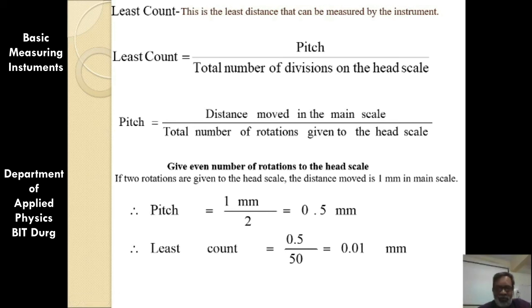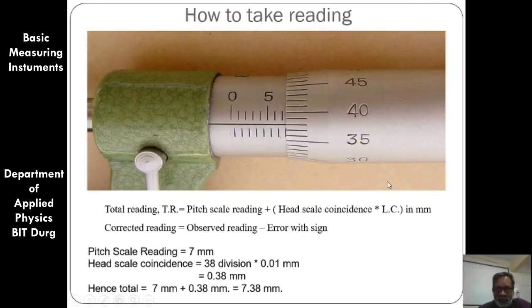So this is the way in which we get the least count for the screw gauge. You can see here, it is very clear. This is the mark of 0 mm, this is the mark of 5 mm, divided into 5 parts. So obviously this will be 1 mm, 2 mm, 3 mm, 4 mm, and 5 mm. What is this mark? Basically this is 0 mm, this is 0.5 mm, 1 mm, 1.5 mm, 2 mm, 2.5 mm, and so on. This one in between these two marks is the half mark. Half mark between 0 and 1 mm is obviously 0.5. Half mark between 3 mm and 4 mm is equal to 3.5 mm.